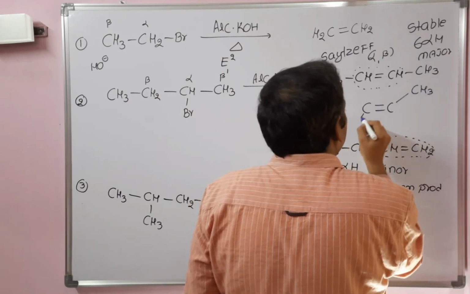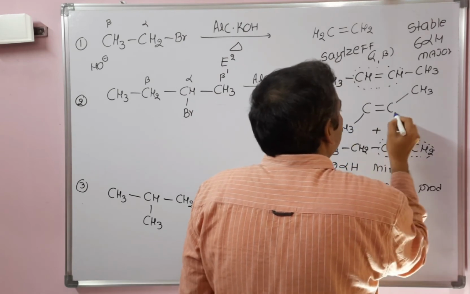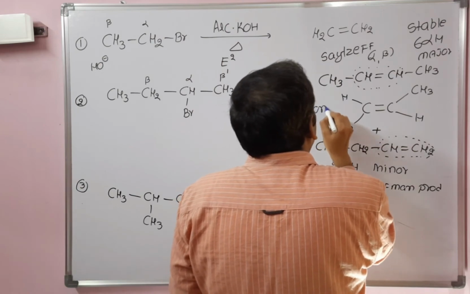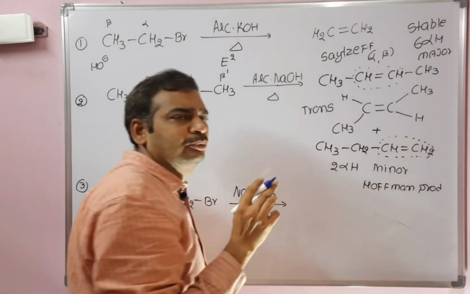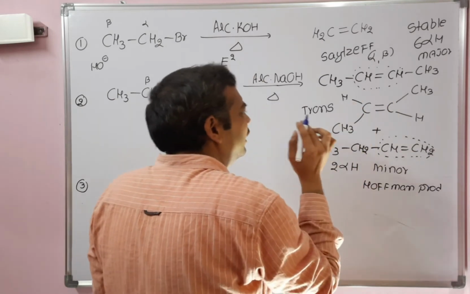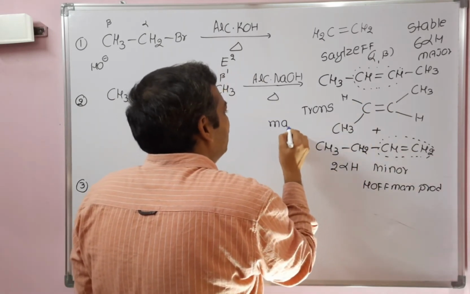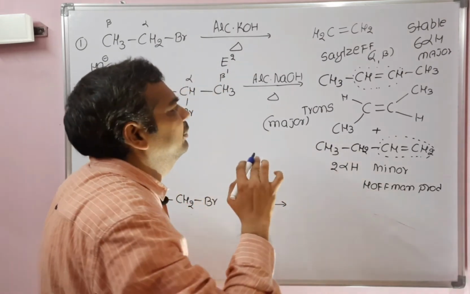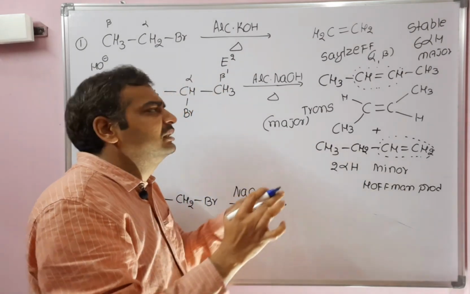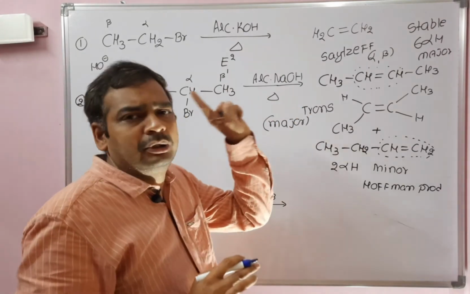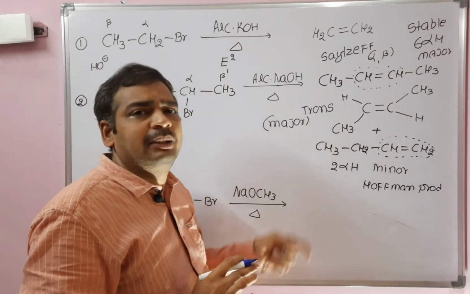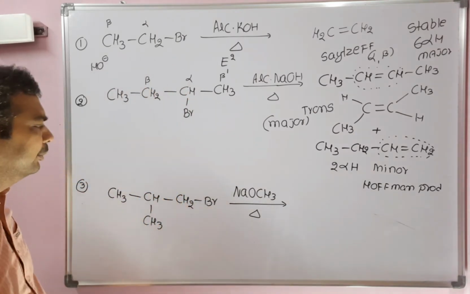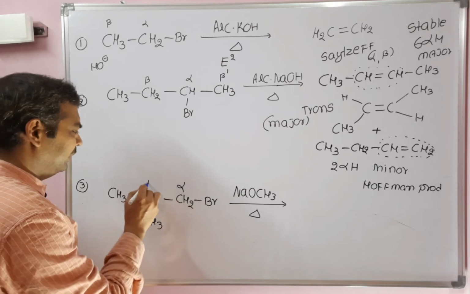Since we are running the reaction at high temperature, always the trans isomer is the major product. Even though two geometrical isomers are possible for 2-butene, the major product is the trans product, not the cis product. Cis is not stable at high temperature. So whenever cis and trans are possible, for a more stable compound, always try to write the major product as the trans isomer. So now coming to the third example, alpha position, beta position.